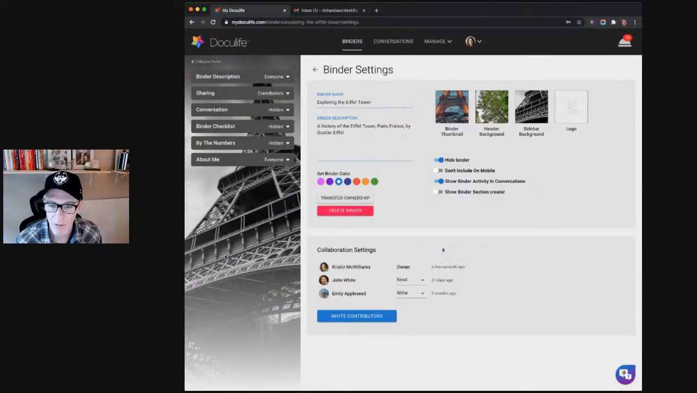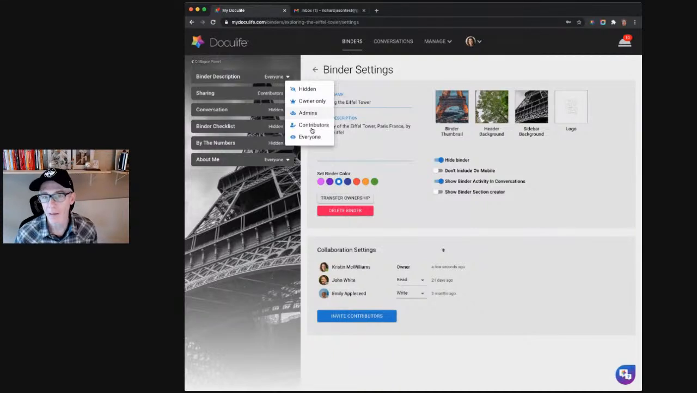On the left-hand side where we've got this background image, you'll see that we've got a list of everything that can appear in the side rail. So it's up to you how you want to display these and who you want to display them to. So they're all controlled by user role here. So we've got hidden if you don't want to display it to anyone, including yourself. Owner only, which would just be you because you created the binder. Admins only. So these are people that you give the role of admin to. And then contributors, which is editors, and then everyone else would be anyone with any role or any permissions could